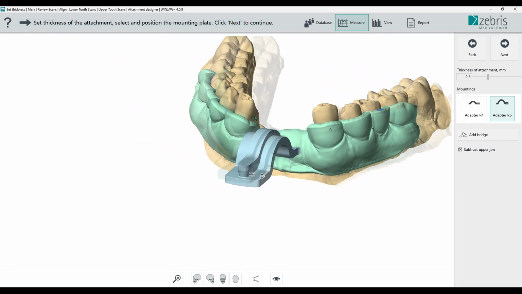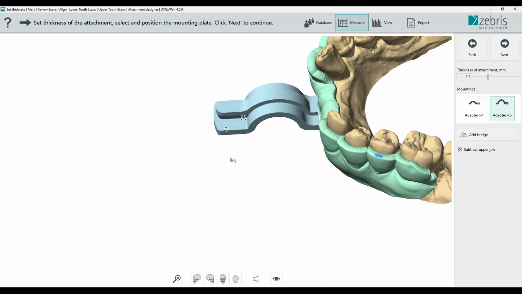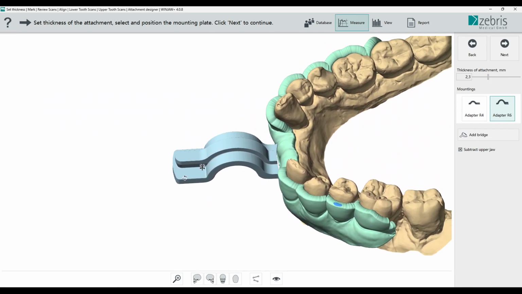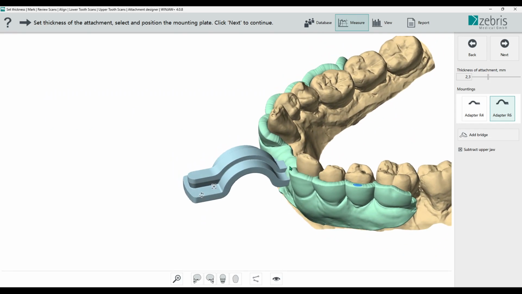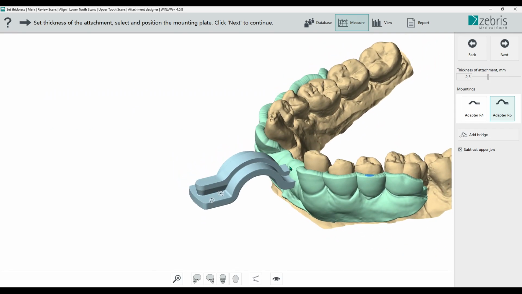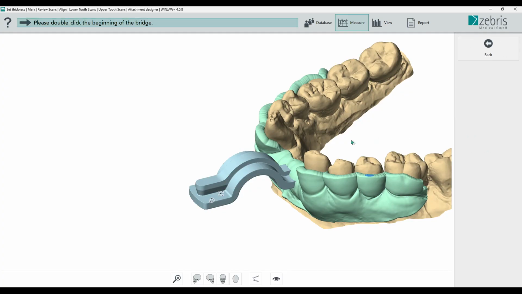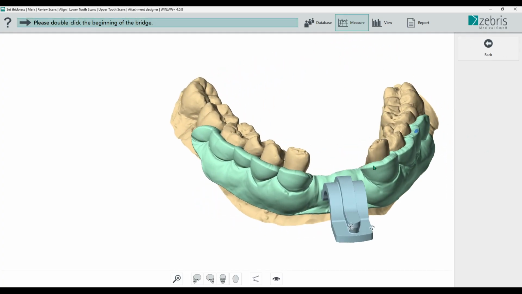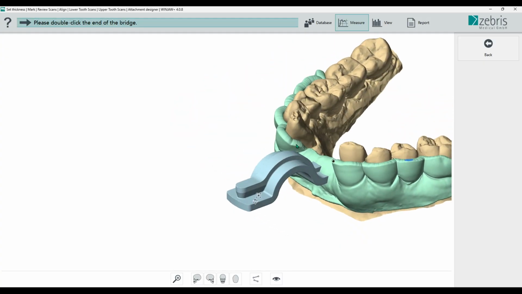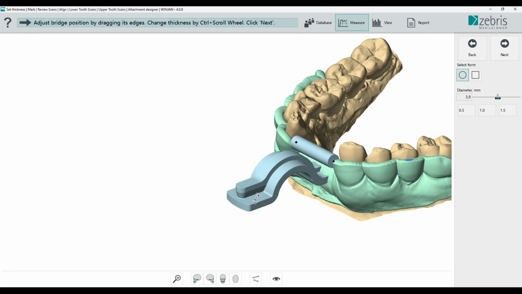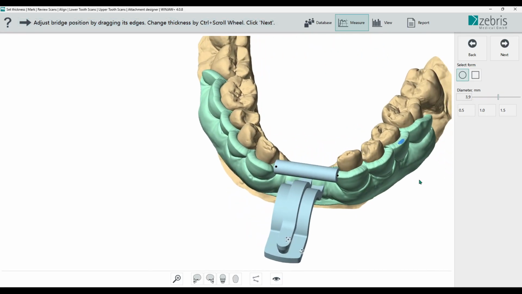But now we normally would have to place the adapter of our attachment near the gingiva flash. This is way too deep for our measuring. And so we added a bridge tool in our software. We select it here and now mark 2 points on our design to create a bridge between these 2 points.